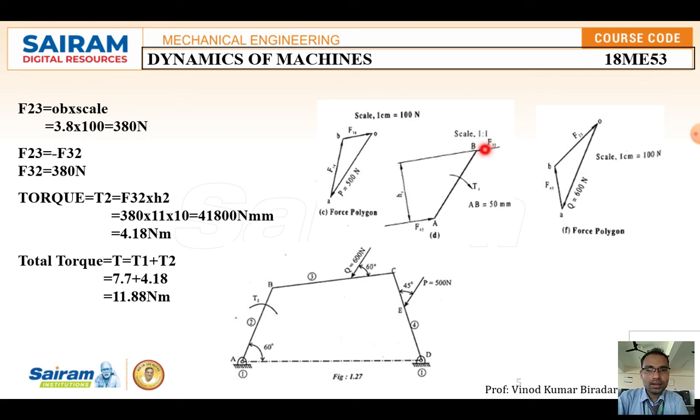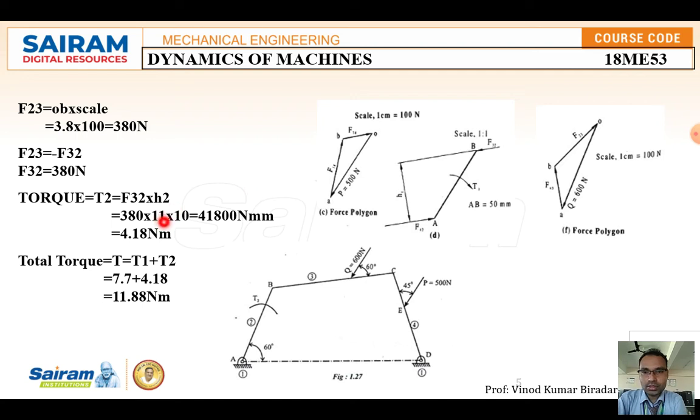Draw a line parallel with respect to this line. Keep the scale on this, draw the parallel line, draw a horizontal line and show the direction opposite. Then drag the line and measure the height perpendicular to any one parallel line. If you measure height h1, you are going to get around 3.8. Substitute here 3.8, that is the height.